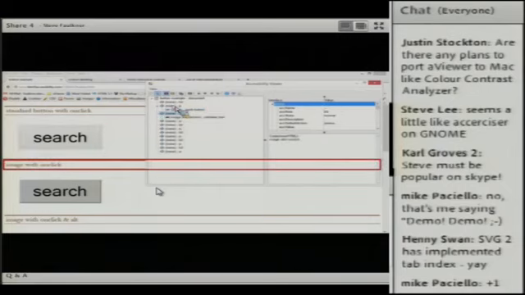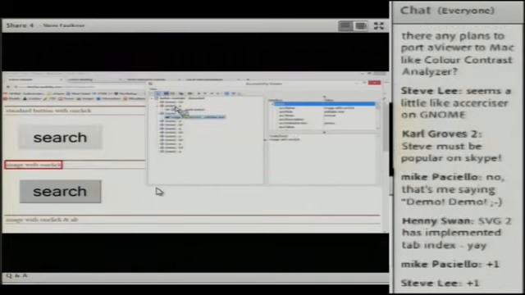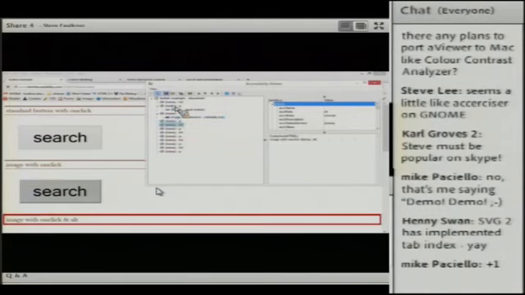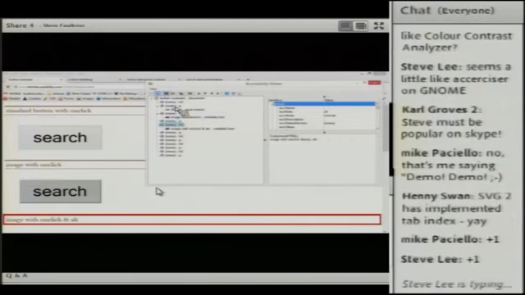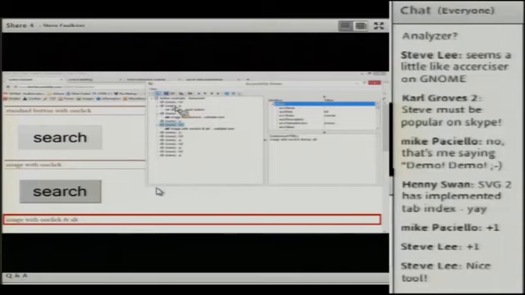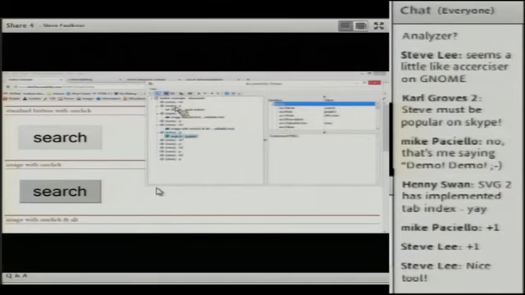It's a tree, so you can use the up and down, left and right arrow keys and walk through the DOM. What you'll see, if you can see, is that the focus rectangle moves along with it. So it's a good way of interrogating the information that's there. You can walk through the accessibility tree within AccView, and it'll show you where you are on the page. That's what I wanted to show you for that.